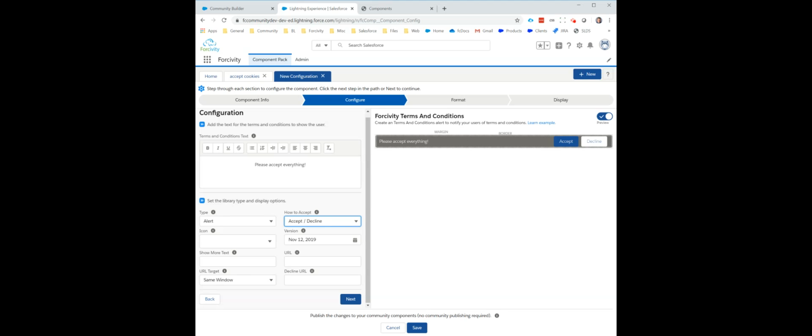I can say also what happens on the show more, so you can show more text. And if someone does decline the terms and conditions, you can actually say, okay, go back and send them over maybe to your website. So that's actually everything that you can do except one important item here I mentioned, which